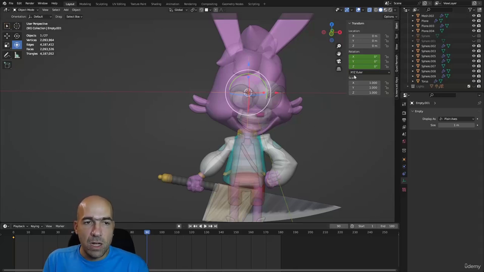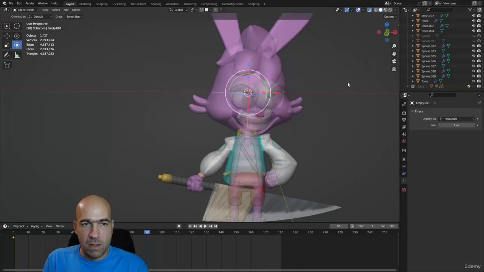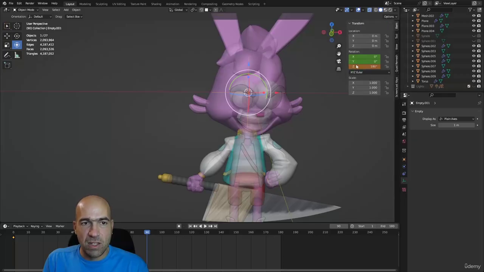Now here we want this to be 180. So I write in the Z here in the Item tab, in the menu with N, the transform menu, I go to 180 on the Z. Okay, now